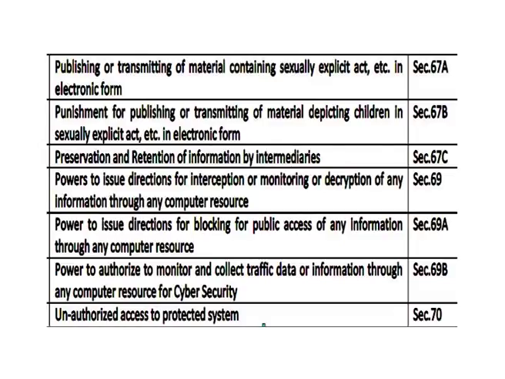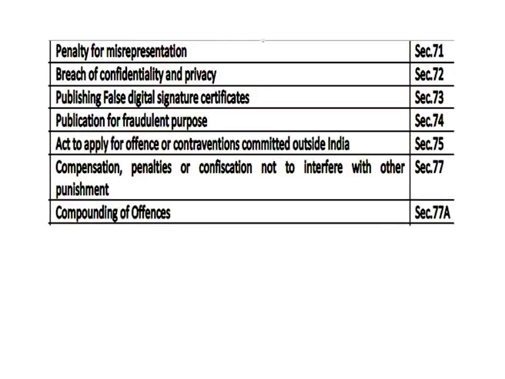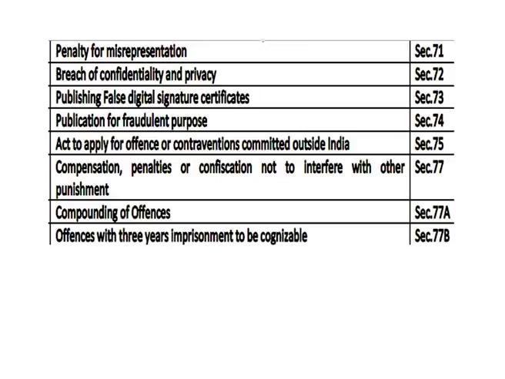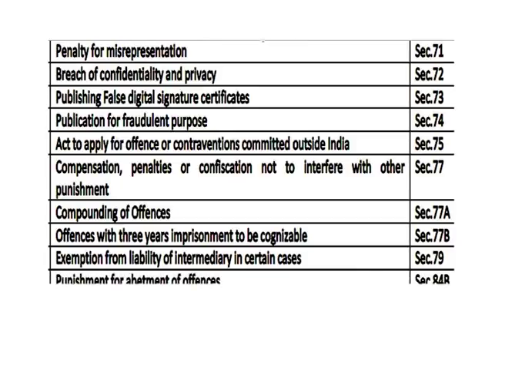Unauthorized access to protected system under Section 70, penalty for misrepresentation covered under Section 71, breach of confidentiality and privacy under Section 72, publishing false digital signature certificates under Section 73, publication for fraudulent purpose under Section 74, act to apply for offence or contraventions committed outside India under Section 75, compensation, penalties or confiscation not to interfere with other